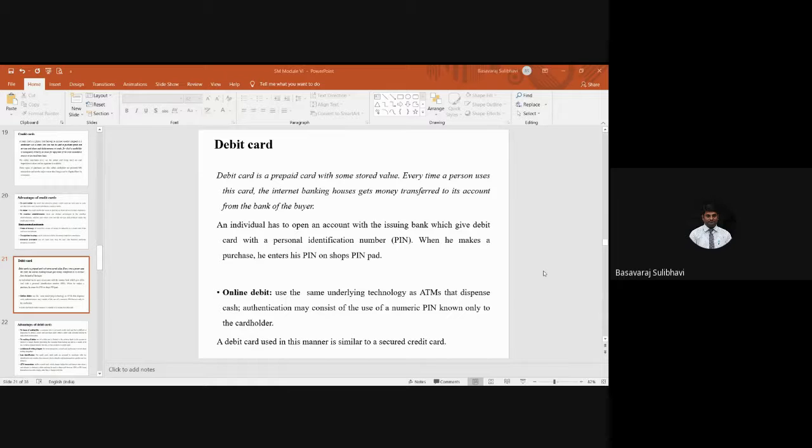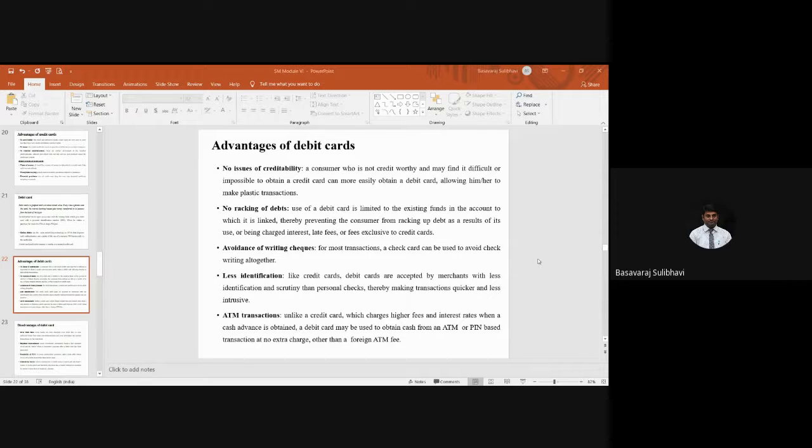That's the one biggest advantage, where the PIN is very secure with the cardholder, because he will be generating that PIN and keeping it secure. Unless the PIN is revealed by him, the amount in the bank account is very safe. Nobody can use the debit card. These are also secured, like credit cards.